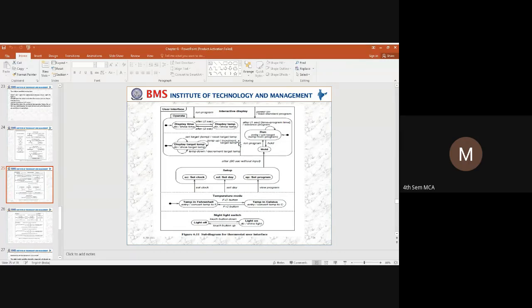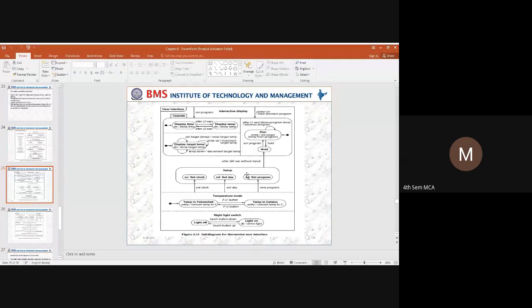The next thing we have correspondingly is a run operation. In a run operation, it is a particular state where it moves to the targeted temperature. After 1 second, what happens is it is going to set the temperature. Once the temperature is set, again the system will go to the hold state. From the hold state, again it can move to the run state. For this, we have one more state diagram for setting the temperature. After 90 seconds, without giving any input, it will move to the hold temperature.